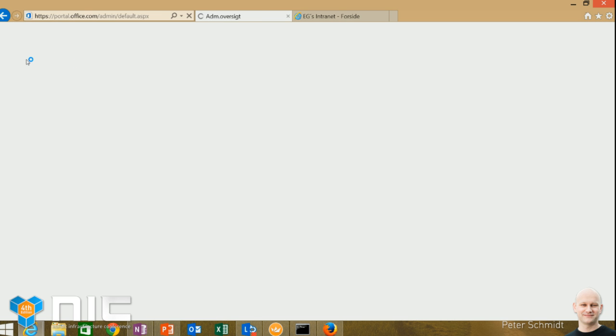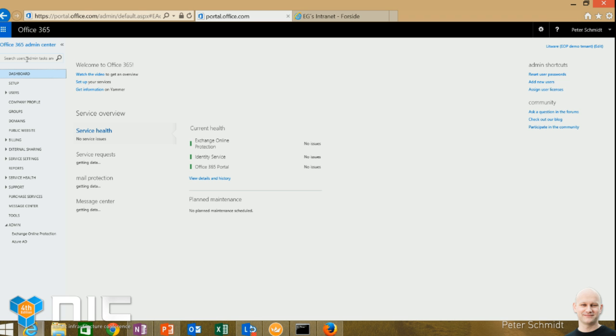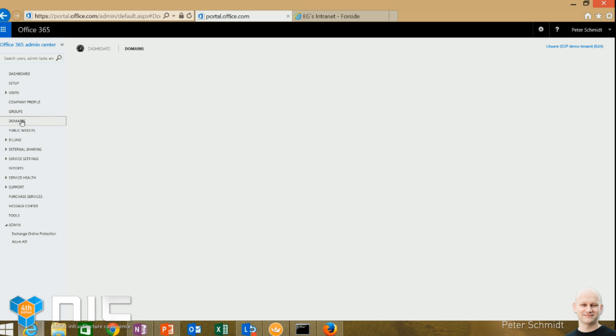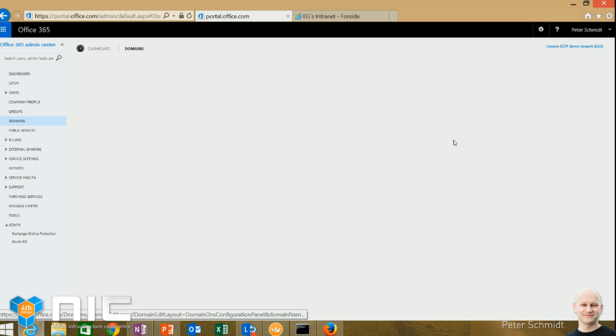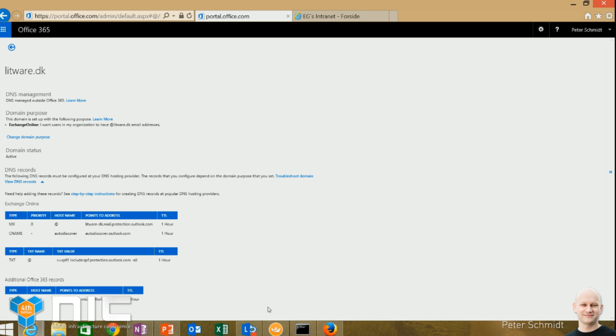And to get that information, you go back in the main portal of Office 365 where you have the domain settings. And for me, the litware.dk, I can go over here and say manage DNS. In here, I have a lot of information about the DNS that needs to be set up and how it needs to point to EOP, also in case I want to use it for Exchange Online in the future.